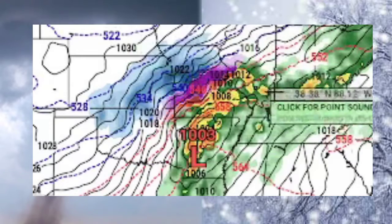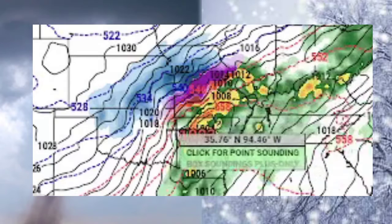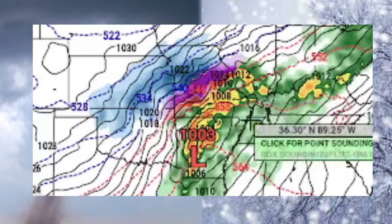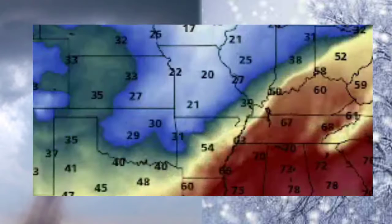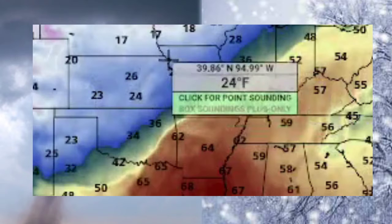After it already passed, you can see the rain here, the severe weather, right along this low pressure system, is right where the front is actually placed. So it's just now moving through the state. This is actually current time. Now, as you can see here, temperatures to the north of the front were already dropping quickly. I mean, they really just dropped very rapidly here into the mid to upper 30s, even getting into the upper